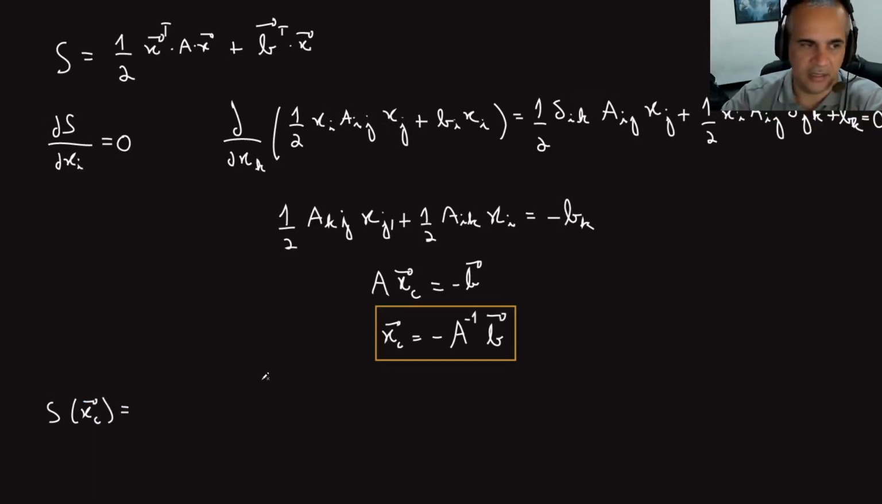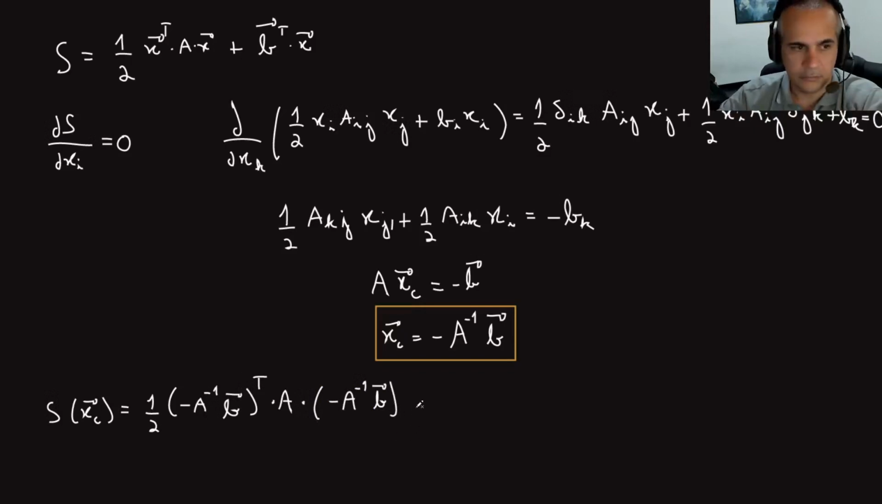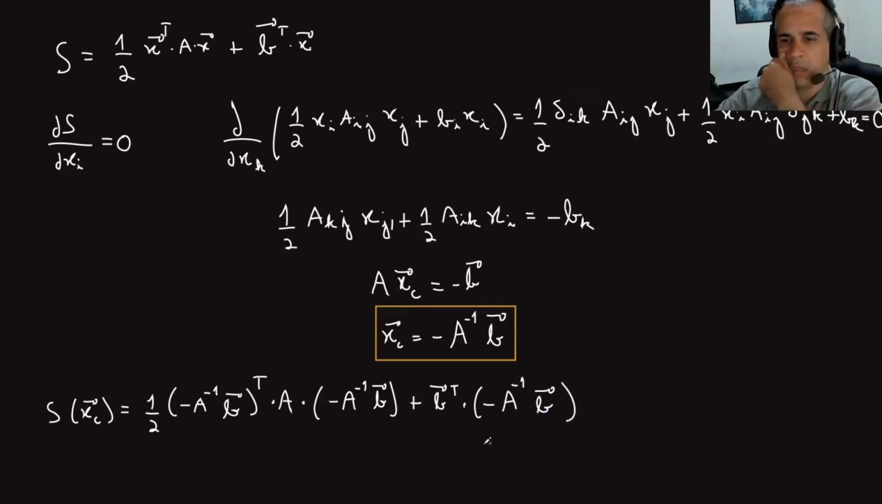this term right here will be half of minus A minus 1 B transposed times A times minus A minus 1 B, plus B transpose times minus A minus 1 B. So you see, when I transpose, there are a lot of signs here. Let me get rid of the minus signs. This goes away. This will be just B transpose A minus 1